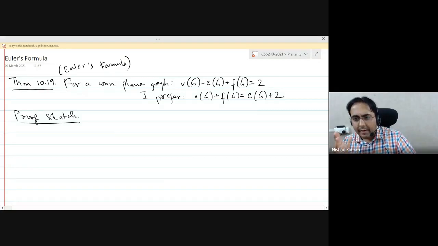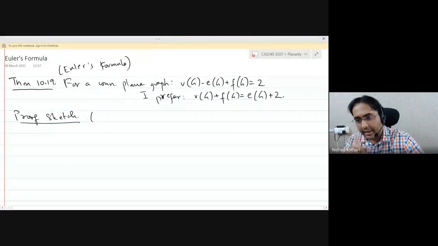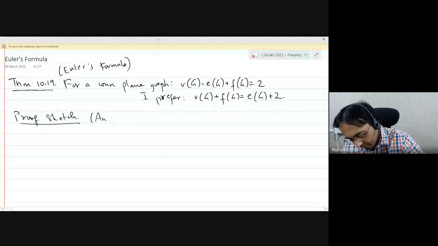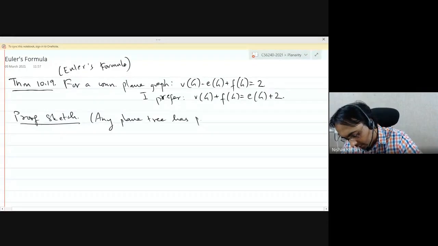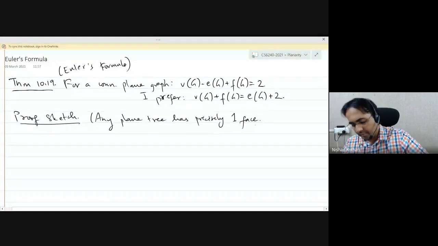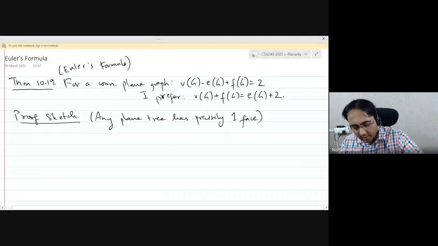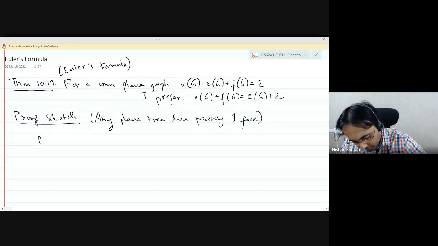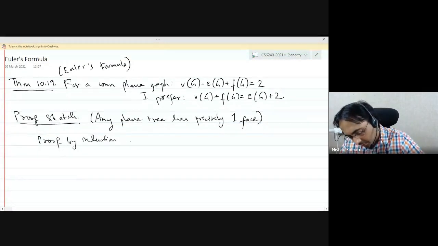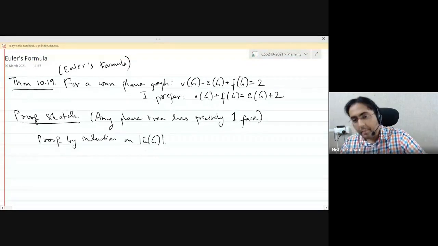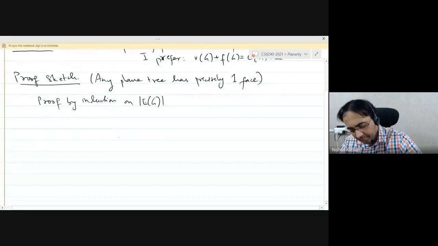So there is a class of graphs for which this is very easy, given that we have already assumed the following fact. In any tree, there is exactly one face. Any plane tree has precisely one face. Okay, so supposing you have a tree, the proof is by induction on the number of edges of the graph. Supposing you've got a tree,